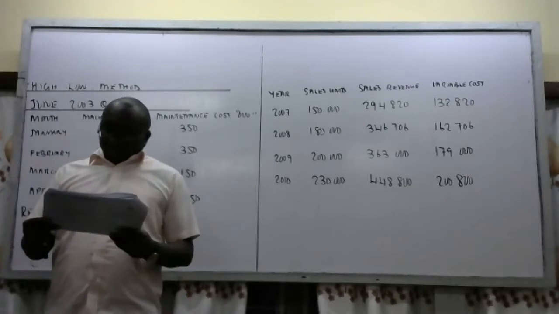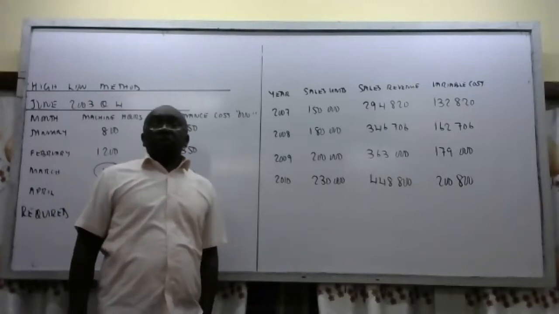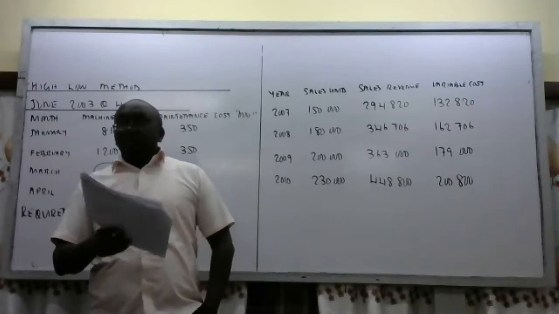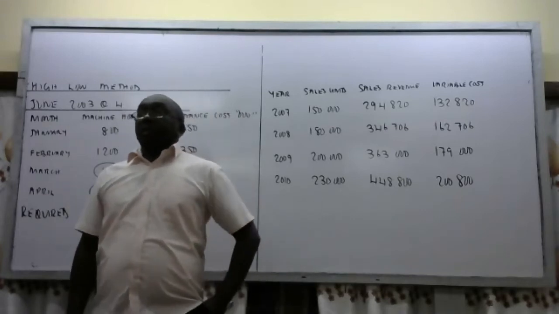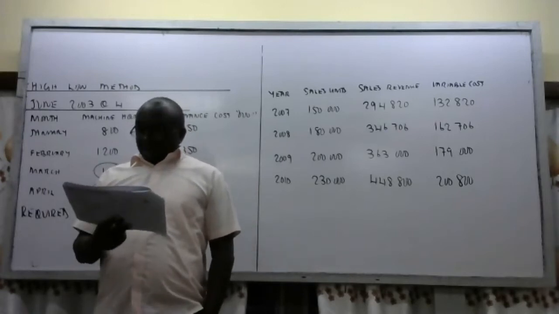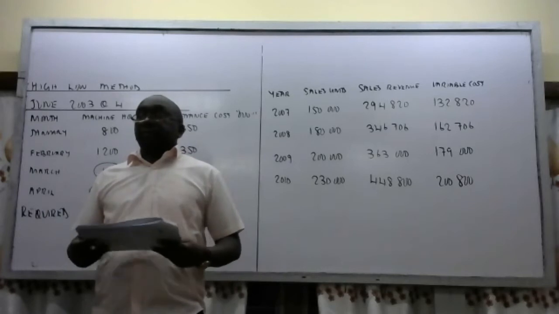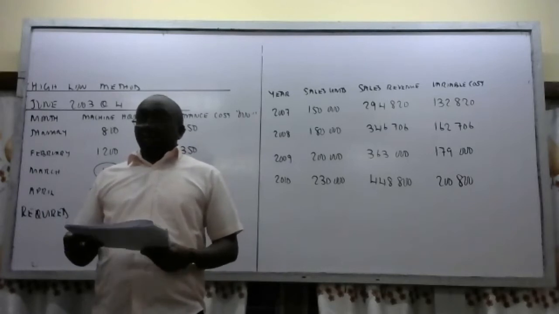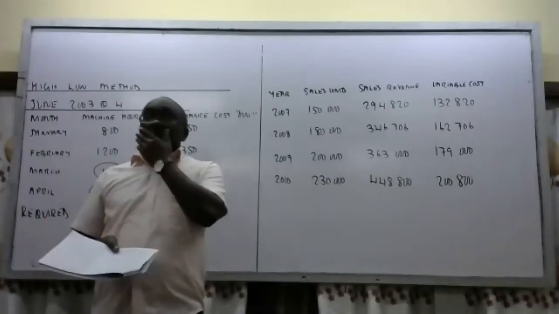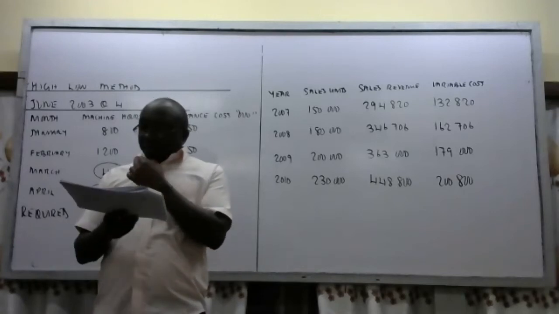Okay, then down they write that sales for the year 2011 have been estimated at 260,000 units. Required: estimate the contribution